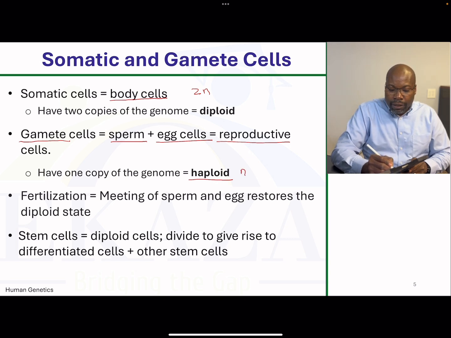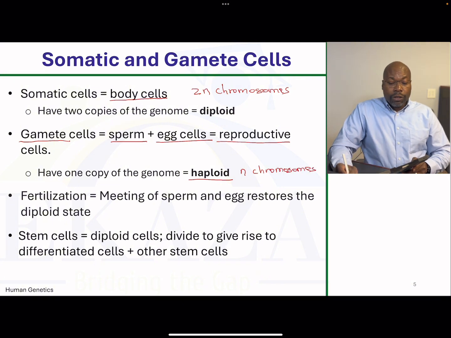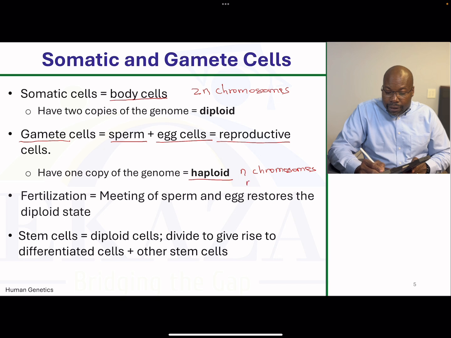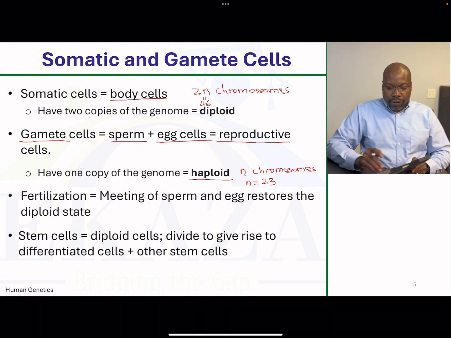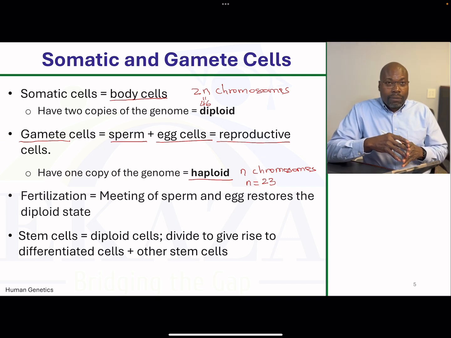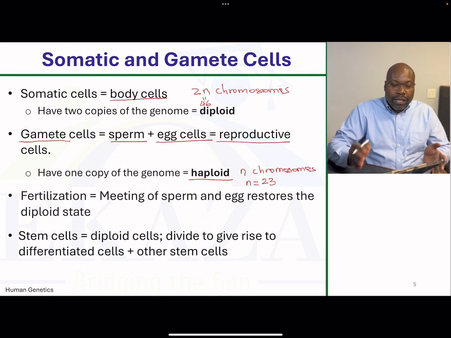So 2n chromosomes, while the haploid cells, they contain n chromosomes. Now, in a human, n equals 23, 2n equals 46 chromosomes, right? Now, the gametes, sperm and egg, are going to come together through the process of fertilization